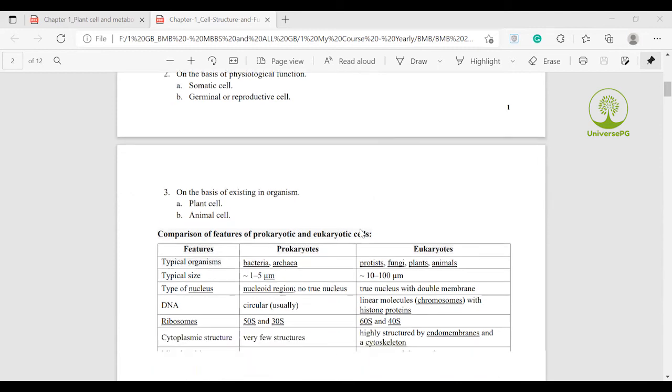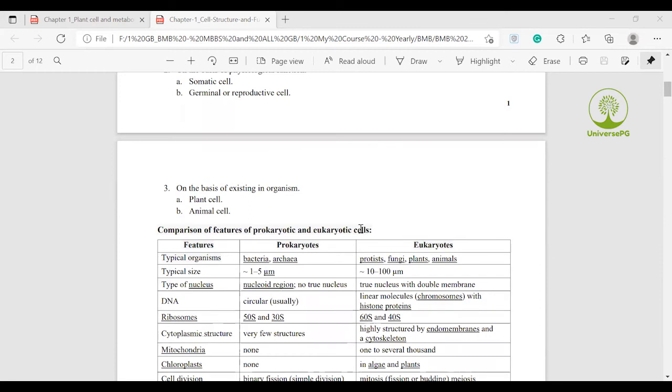Another type of cell that is generally found in organisms is, for example, the plant cell. When it is found in plants, it is called a plant cell, and when it is found in animals, it is called an animal cell. So we read both types of cell with their organelles, different types of metabolic reaction, and different types of physiological reaction that occur in the cell.